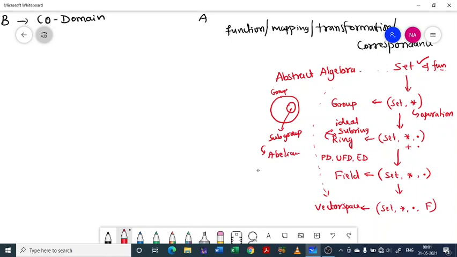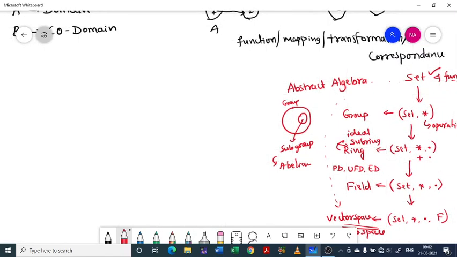Abelian group. Anyway, you keep this like this: group, subgroup, ring, subring, field. There we don't use subfield usually, but that is there. But the name is different: subfield, vector space, and subspace. And we are going to discuss this later. Subspace. So that's the flow of algebraic structures. So this is just for your knowledge. It is not included in your syllabus, and not important for any test or examination. Now let us come to our discussion.